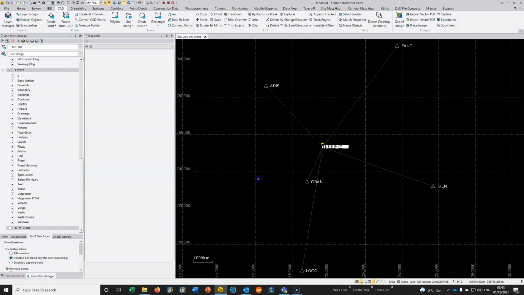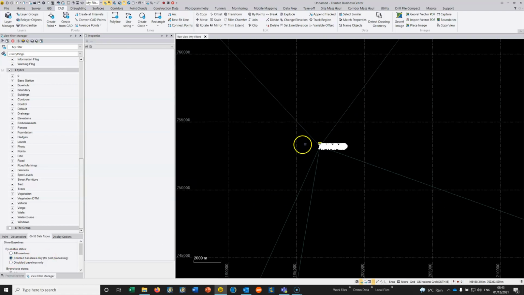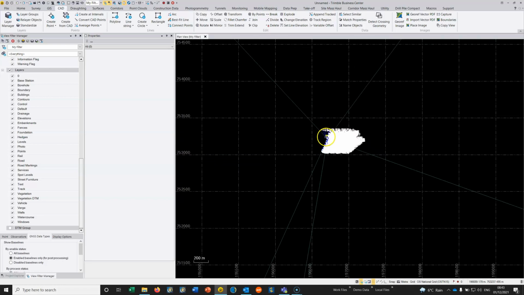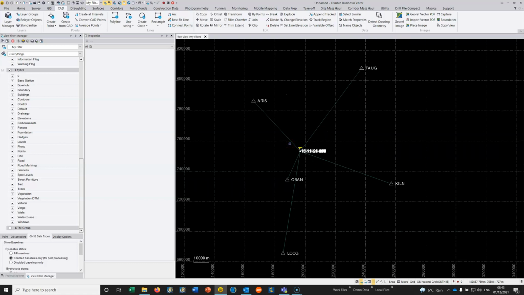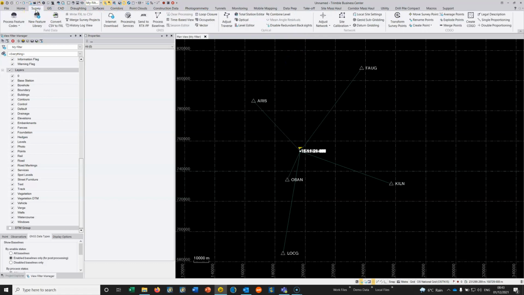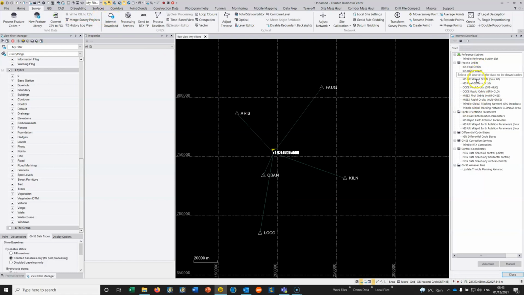What we want to do now is, it's not strictly necessary because we do have a T02 file which has a precise ephemeris file, but it's probably good practice to go into the Survey tab, go to Internet download, and choose an ultra rapid orbit file. So this is basically a precise ephemeris file, which is the updated position for the satellites as they were